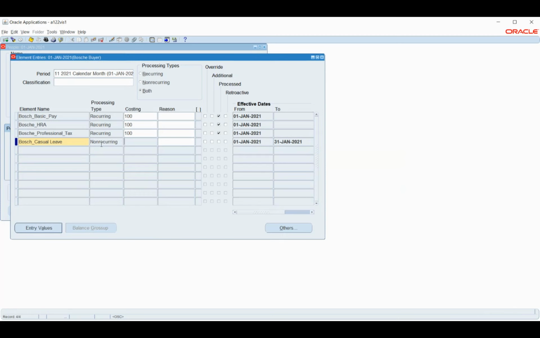What we will consider as an information is, let's say I'm intimating to the HR department that I have taken a loan. It is not that a loan is always considered as financial information. For a few cases, it will be only an information. Based on this information, I'll create the earnings and the deductions.